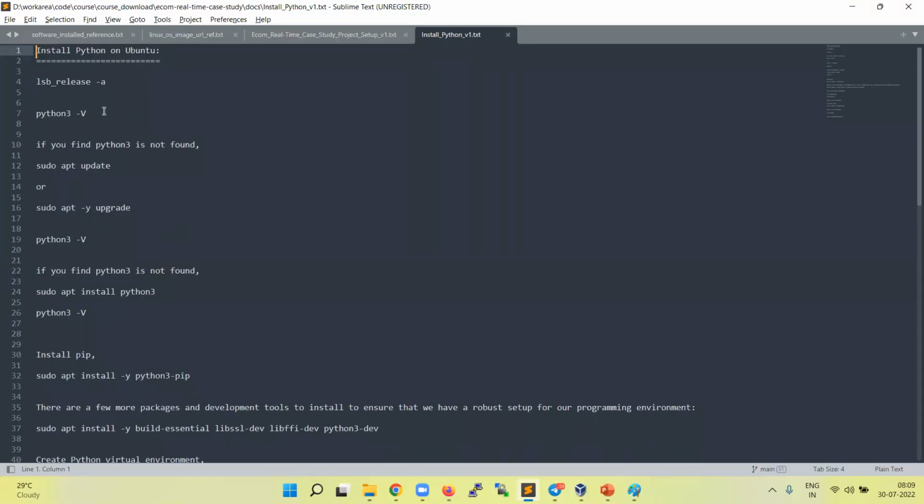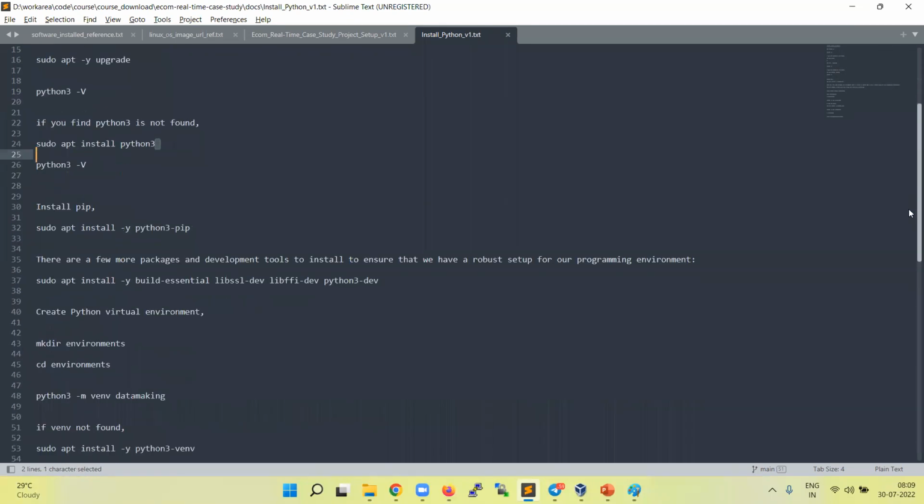When you verify the version, if it's not there, you can just update the package index with sudo apt-get and then install Python 3. Now you can go and install the pip package. Pip is basically a Python package installer. Using this, you install multiple Python packages.